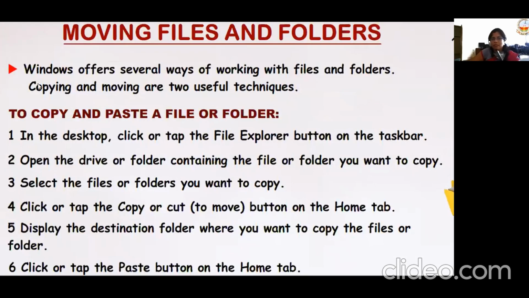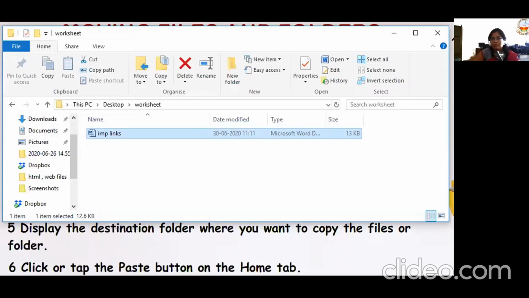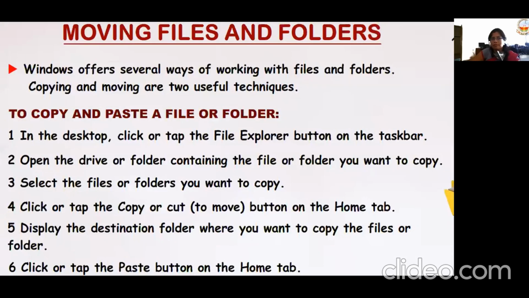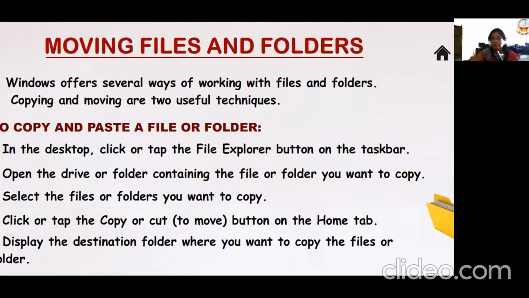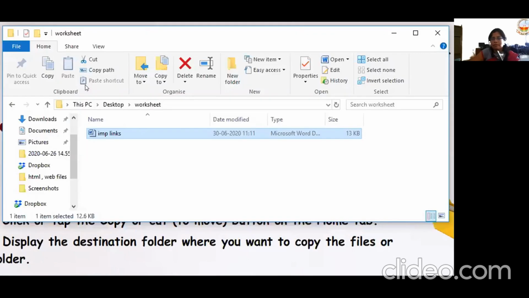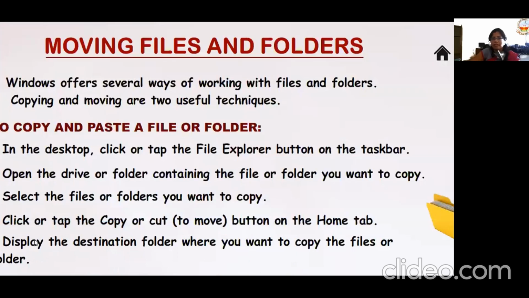Then what is it telling me? It says display the destination folder where you want to copy the file or the folder.